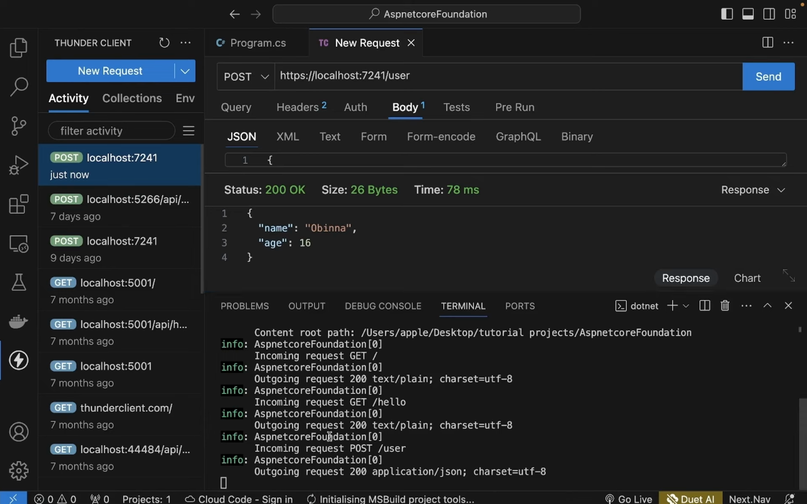So let us look at our middleware log. We have incoming request. The method is POST. Path is /user. The status code is 200, and the content type is application/JSON. So in a nutshell, middleware are best used to handle cross-cutting concerns like logging, request validation, global exception handling,